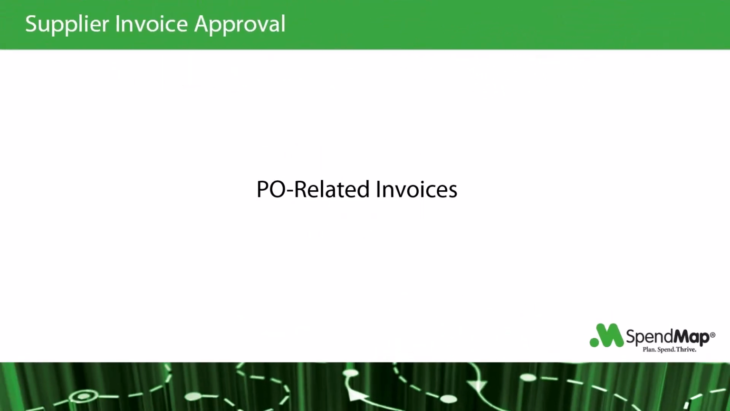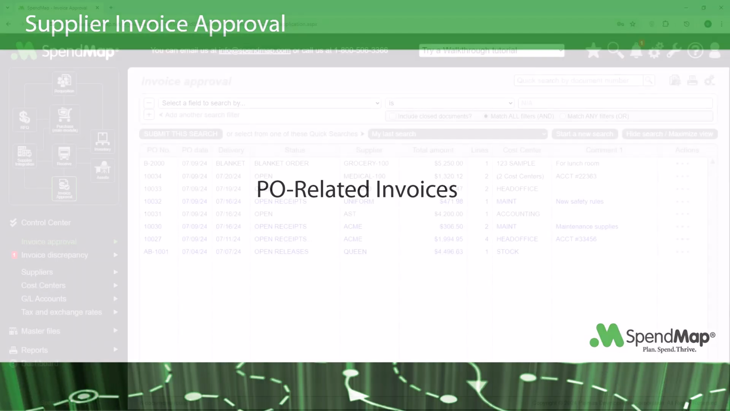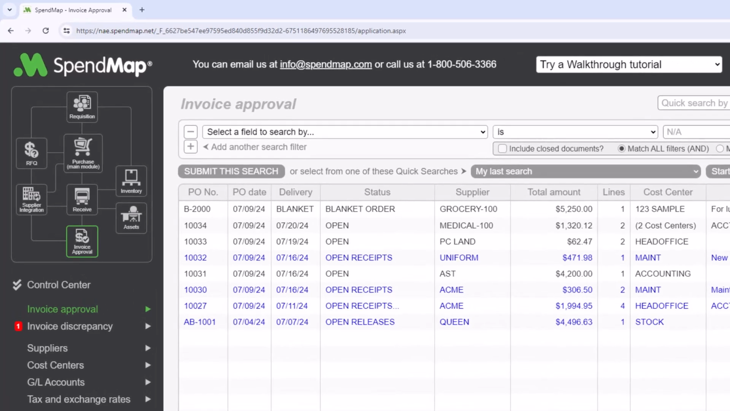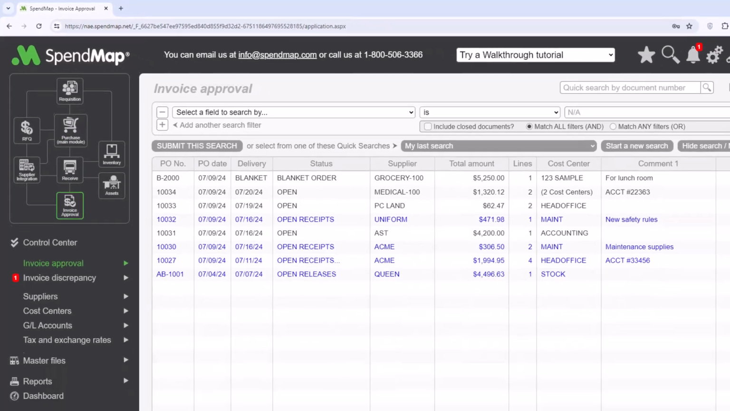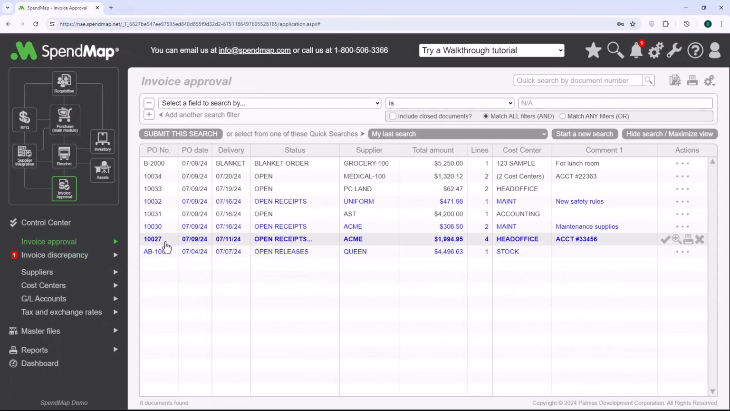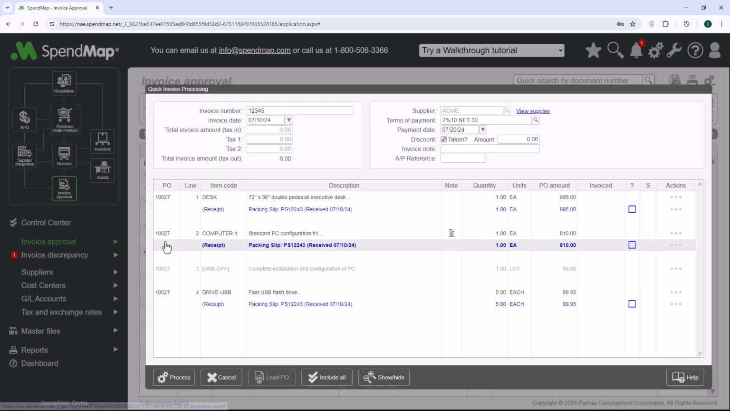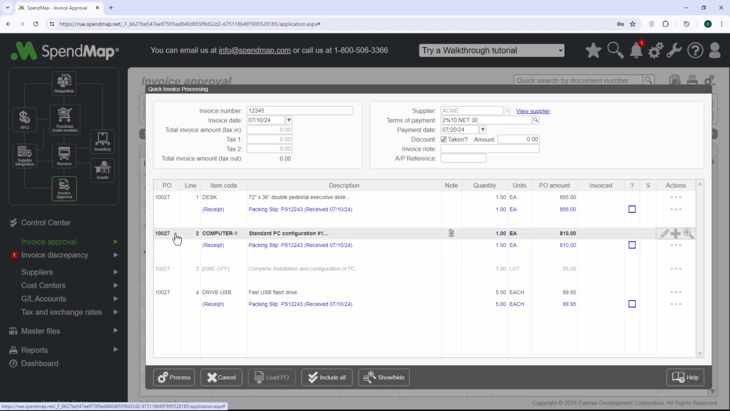SpendMap uses a three-way matching mechanism to make it easy to approve invoices for items that are on purchase orders. That is, you can match the supplier's invoice to the purchase order and packing slip that are already in the system to approve the payment. When an invoice comes in from your supplier, you can just pull up the purchase order and receipt information on screen here in your invoice work area. Obviously, if you didn't order the products or services, there would be no PO to select, and if you didn't receive the items, there'd be no packing slips,